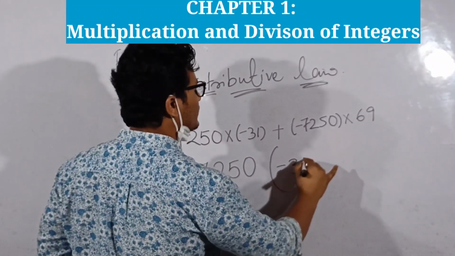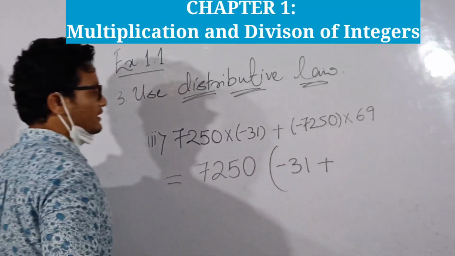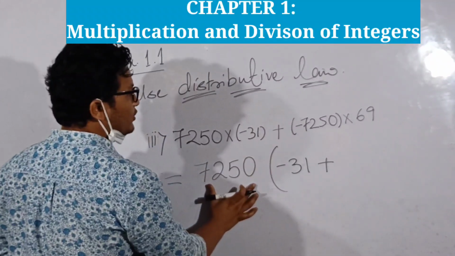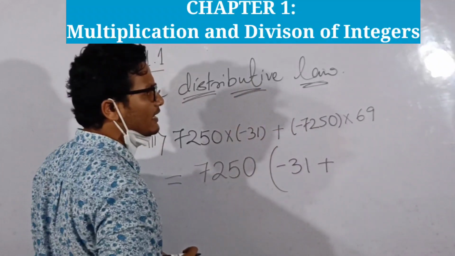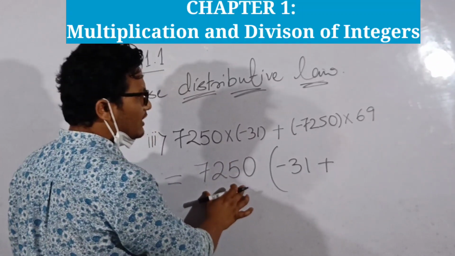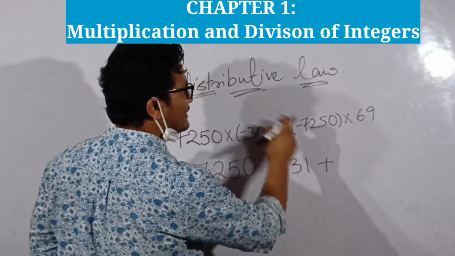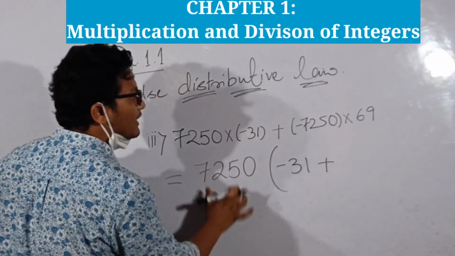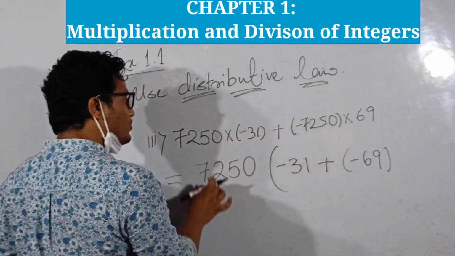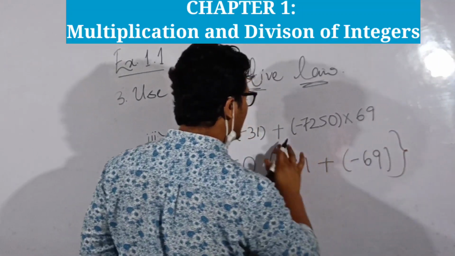Inside is minus 31. Inside, minus 31 remained. The sign of A is positive, but here there is one catch. What is the catch? Here we have taken 7250 common. But here the sign with 7250 is negative, but we have taken it as positive. So if we multiply these, the answer will be negative. Why negative? Because there is a negative sign here. When we take 7250 common, instead of taking 69 we have to take minus 69, because if we take 7250 common, the minus 2 remains here. That is why we have to take minus 69 as common.